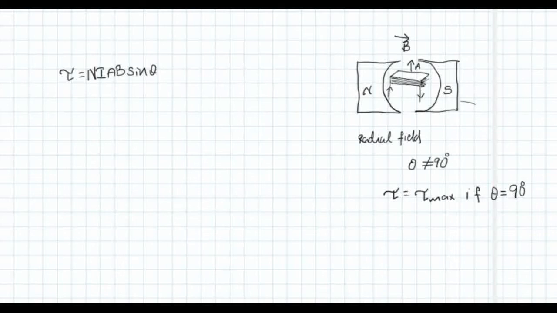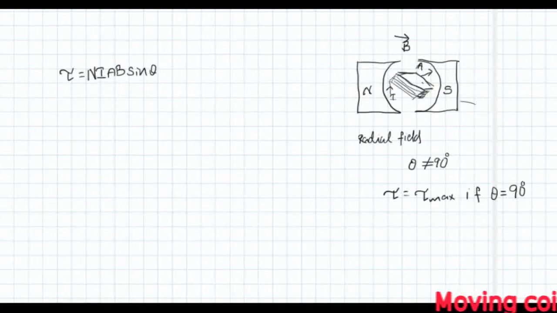So suppose the initial case where a coil is placed in the field provided by the horseshoe magnet. Now a current passes through the coil. Now in this picture we can see B and A are perpendicular to each other. So you can see that the direction of B, which is passing through the center of this circle, will be perpendicular to the direction of A. Since it is a radial field, it is always passing through this center. So the angle between B and A is 90 degree.